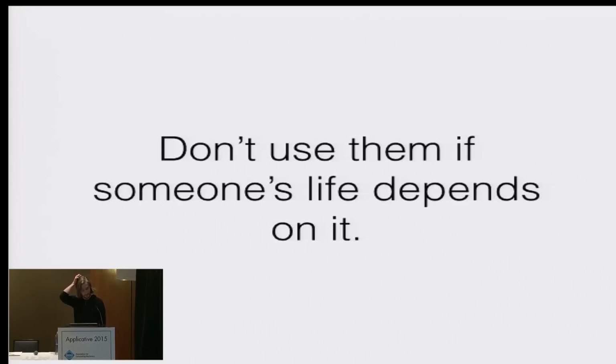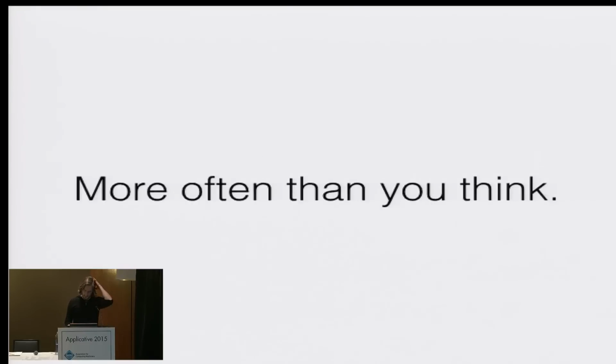So I guess you could say we shouldn't use them if someone's life depends on it. I mean, actually, that's not true. Many real-world systems rely heavily on algorithms that have a probabilistic component to them, because in fact the data input is unreliable. So GPS navigation systems, missile guidance, submarine guidance systems, they all make use of Kalman filters. Kalman filters necessarily have an estimation component to them because they take several unreliable sources of input and attempt to produce a more accurate output. So yeah, you can actually still use these even if someone's life depends on it. Which is all just to say probably more often than you think.